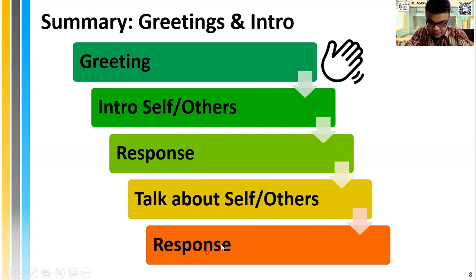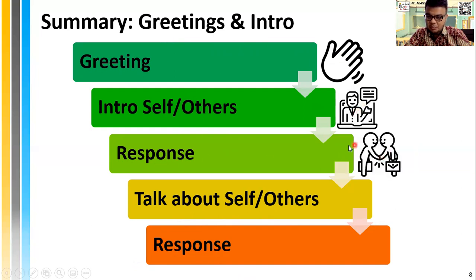And then the other person you're talking to would respond. Oh, I also like reading too. What's your favorite book, for example? So these are the steps. First, you greet, then you introduce yourself, then you wait for the response from the person you're talking to, and then you talk about yourself.